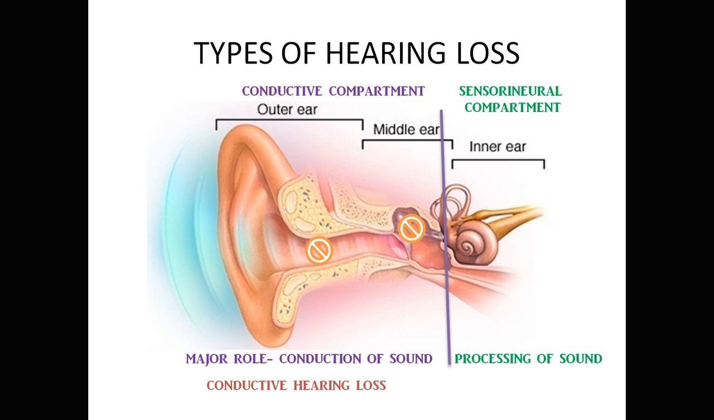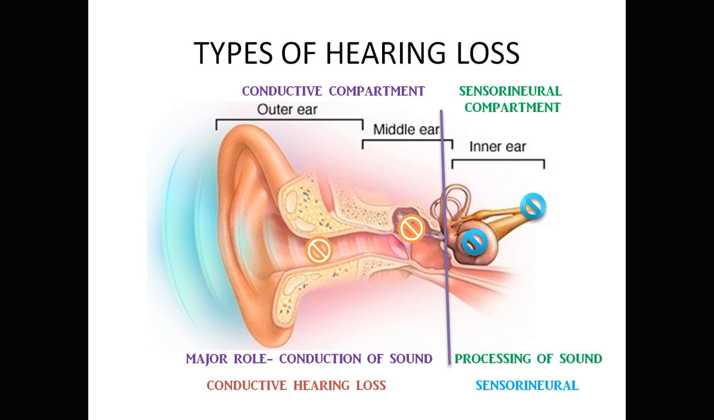So there are many other causes. Similarly, if there is any problem or defect in your cochlea or in the nerve or in both the cochlea and nerve, it will lead to sensorineural hearing loss. So the processing of sound will be affected. The classic example is